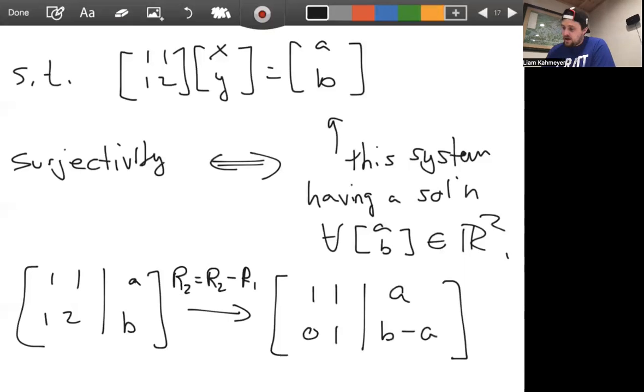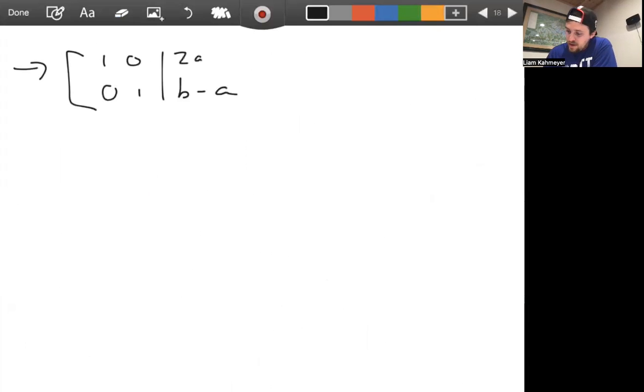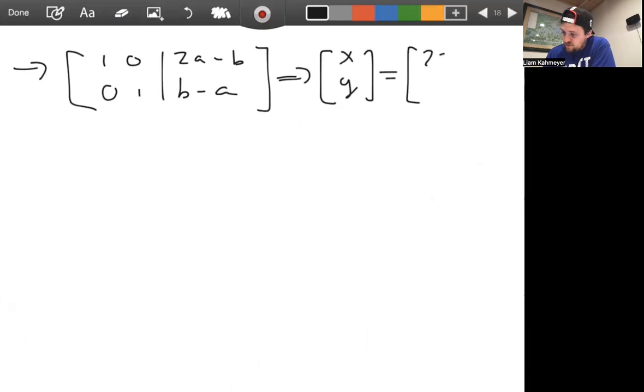And then for the next step, it looks like we need row 1 to be equal to row 1 minus row 2. And if we do that, we're going to get 1, 0, 0, 1, and then we'll have B minus A on the bottom. And then we're subtracting, so we would have A minus a negative A. So that would be 2A, right? So we're going to get 2A, but then we're subtracting B. So that would be 2A minus B,